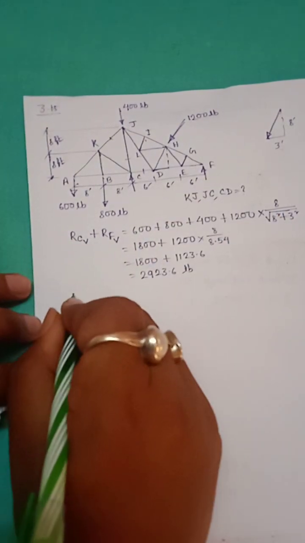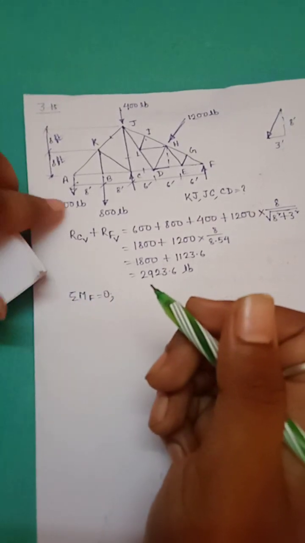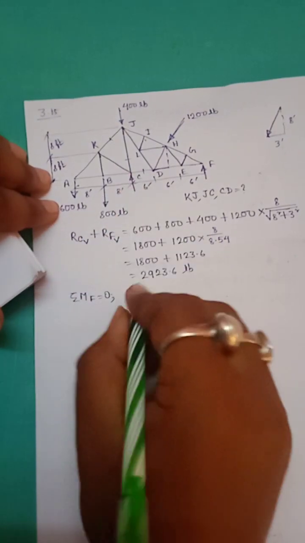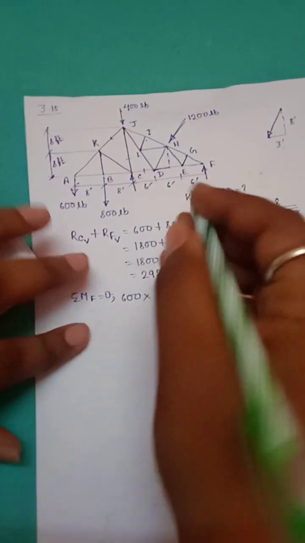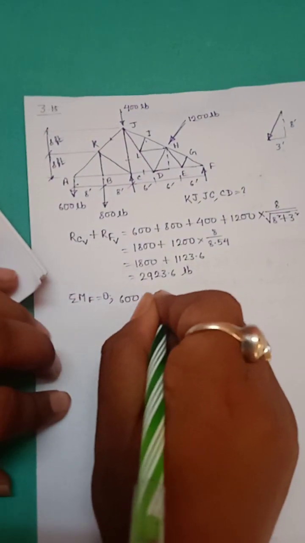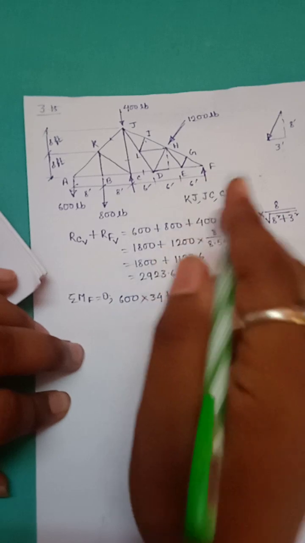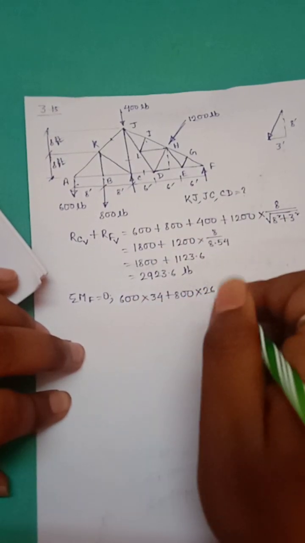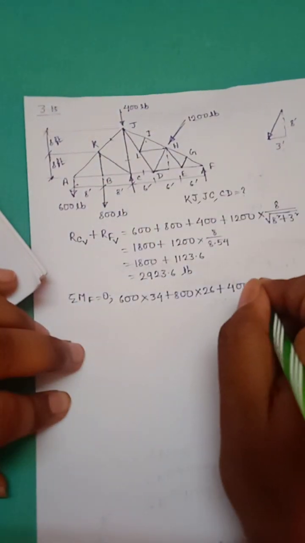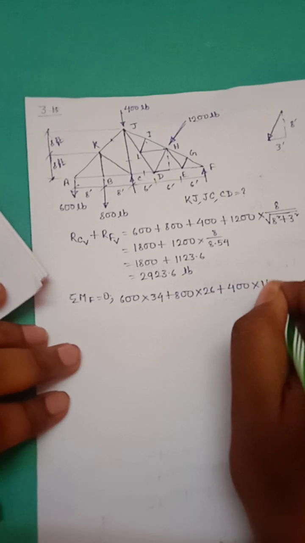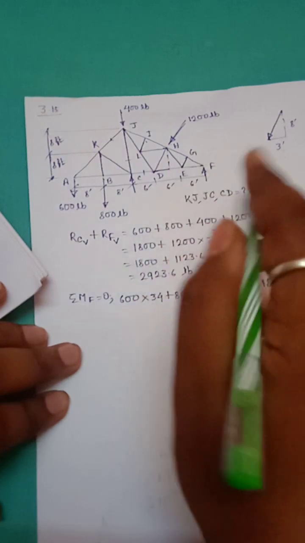And we will take moment about point F equal to 0. Then 600 into (8 plus 8 plus 6 plus 6 plus 6) is equal to 34, plus 800 into (8 plus 6 plus 6 plus 6) is equal to 26, plus 400 into (6 plus 6 plus 6) is equal to 18, plus vertical component of this force into (6 plus 3) equal to 9,